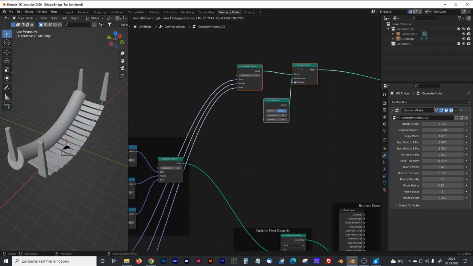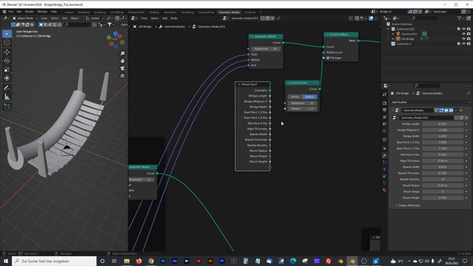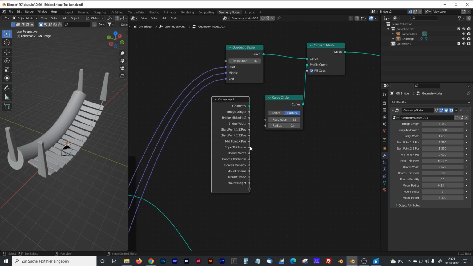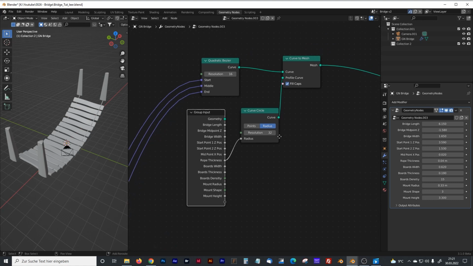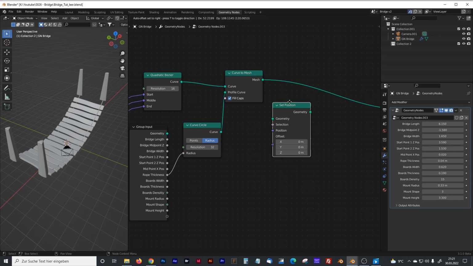And to have full control about the rope thickness, we can add a group input, and we already have an input for our thickness. That's this one, radius. Now it's exactly like that rope,